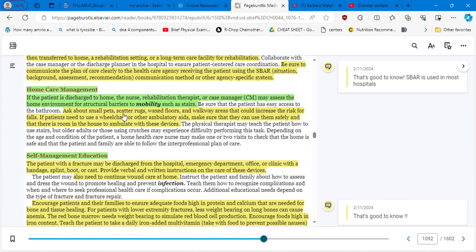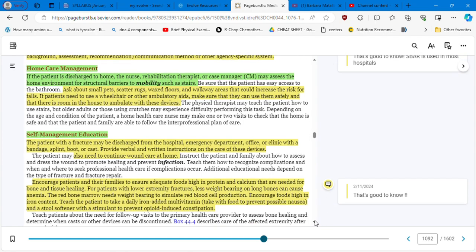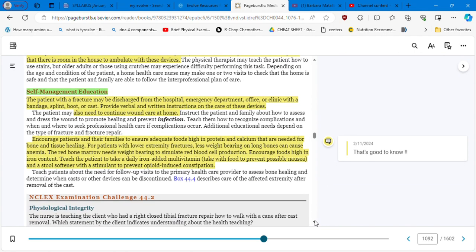Ask about small pets, scattered rugs, waxed floors, and walkway areas that could increase the risk for falls. If patients need to use a wheelchair or other ambulatory aids, make sure that they can use them safely and that there is room in the house to ambulate with these devices. Yes, and especially if they are living in a building, you have to make sure the building has an elevator, and you need to coordinate for a home health aide to come and visit the patient and to help the patient organize